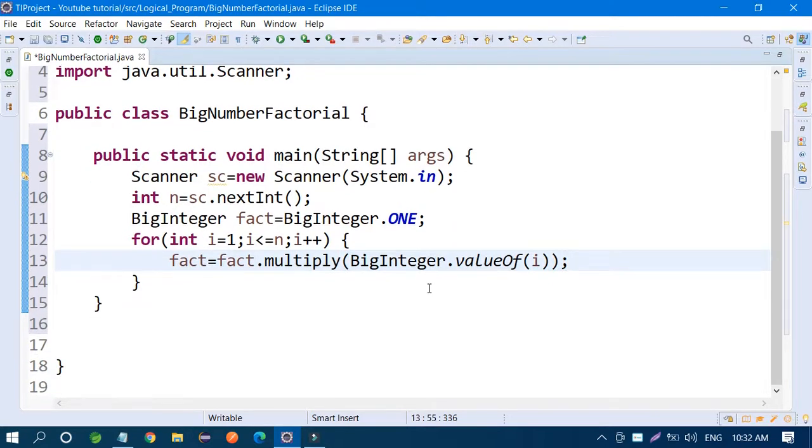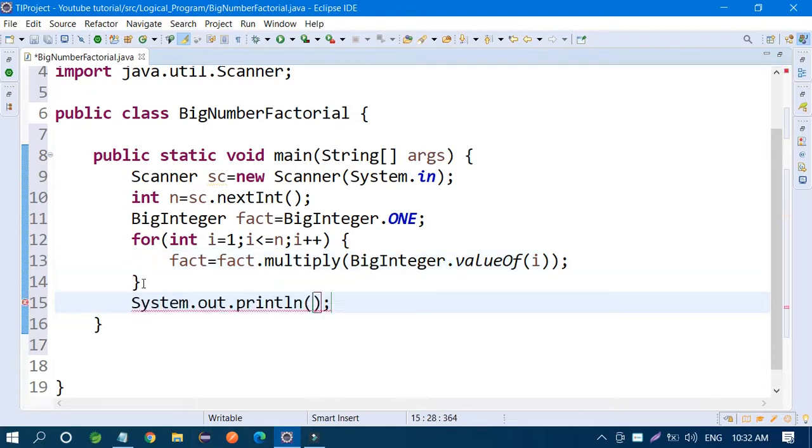So your factorial is completed, and you can print fact outside of this loop. That's it.